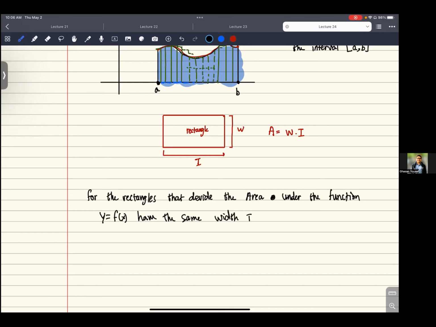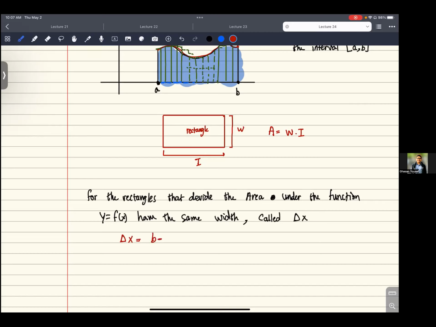I will call it delta x. So here, delta x, I can define it as the last point